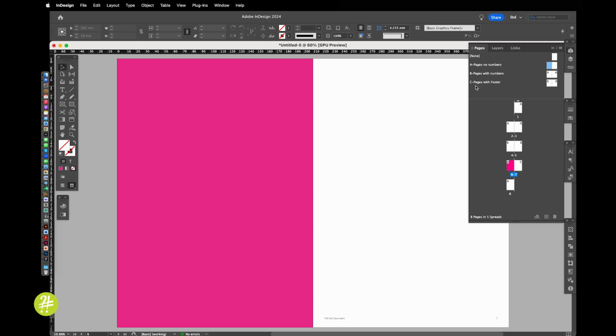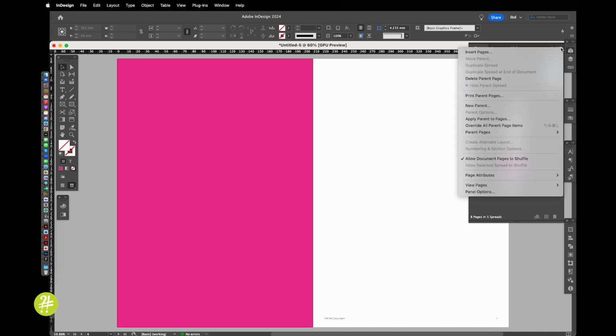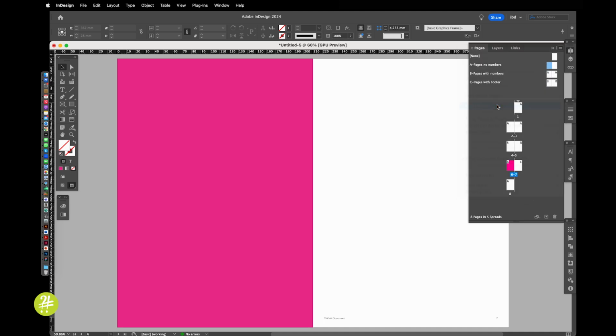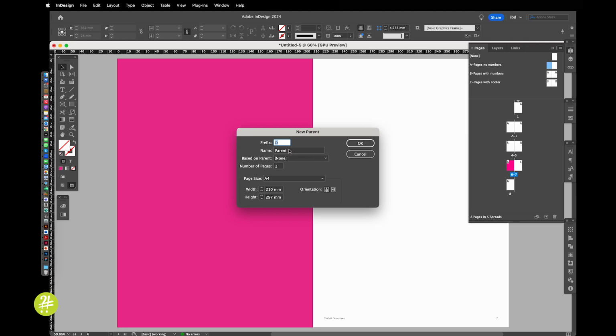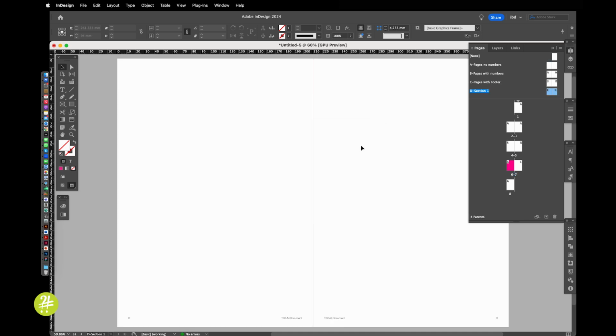So I could say, well, it's got the footer and a header. I can then go in and make a new parent. It will be parent D. I shall call it section 1, let's call it, and we'll base it on pages with the footers. So then this is my new master,